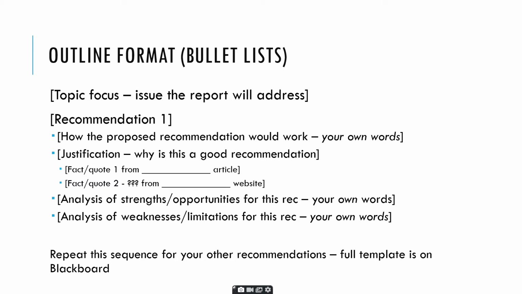Then after that, I want a justification. Why is this going to be a good recommendation? And if possible, I would like a fact or quotation or a piece of data that you plan to use in this section. That's going to be critical for the justification part of a recommendation, because somebody's going to read this, and they might have read through your research section before that, but they're going to want to know, why would we possibly do this? And so being able to point to, well, as it says in this article here, it's a really good idea to streamline operations and so on. The more that you're planning that out in the outline, the easier it'll be.